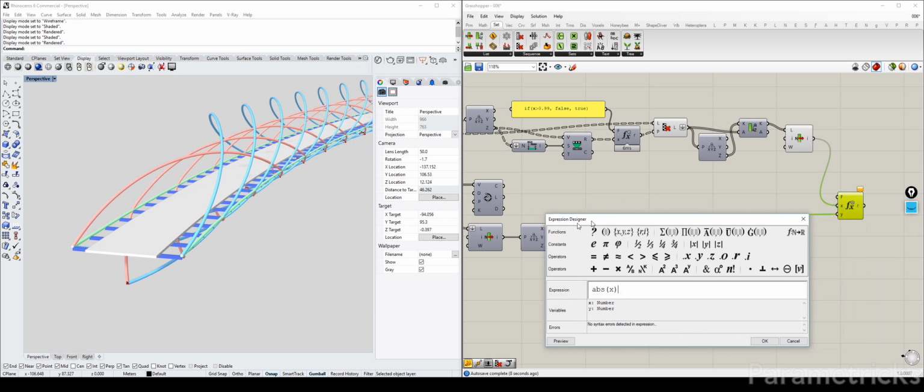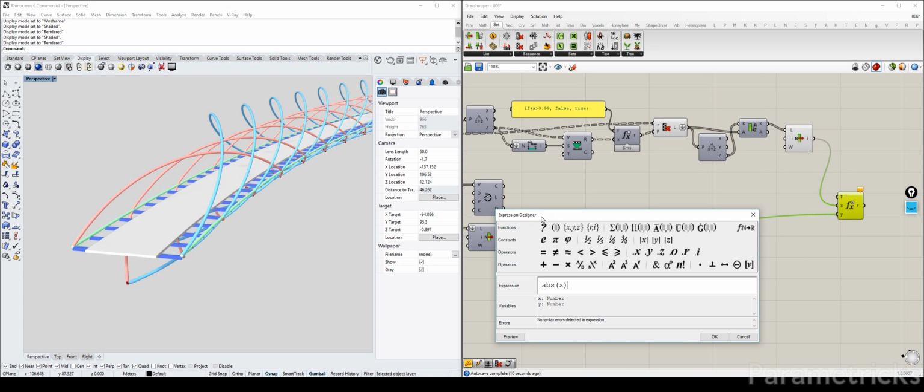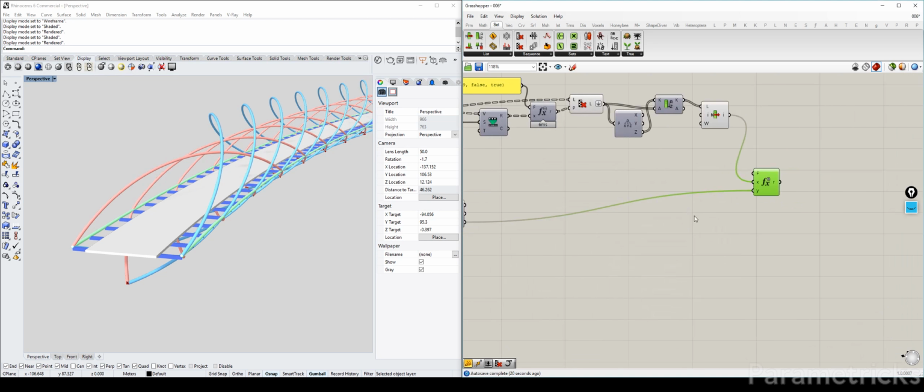Wait, which one is higher? That doesn't matter. Absolute x minus absolute y. If you've done math, you know what absolute means. It turns any values into positive, even positive to positive, but that doesn't do anything. Negative to positive. What I want to do with this value is actually absolute that too, because